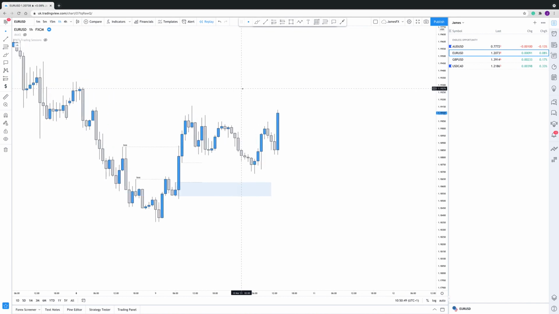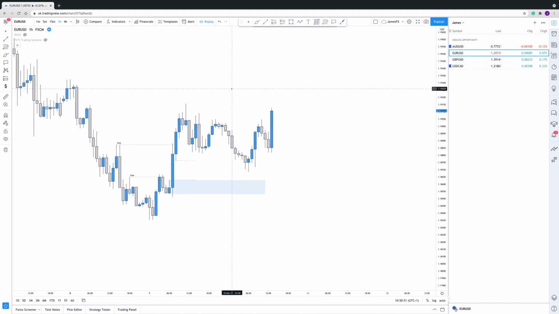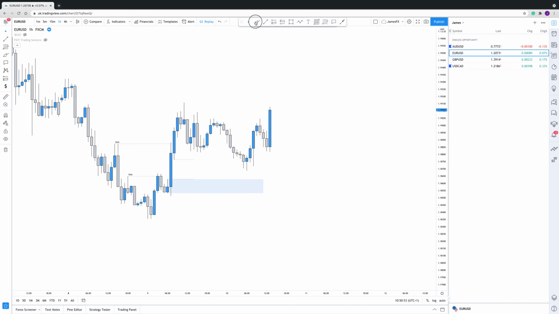So if we look at the next example, what have we got? Well, now we know that we've pushed off from here. This move up hasn't broken any structure. We just wicked this high, forming these equal highs here, okay? So we can put that on. So equal highs basically means, the same way you look at a double top,